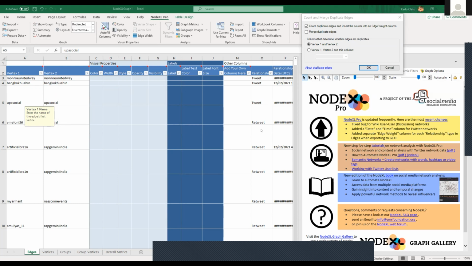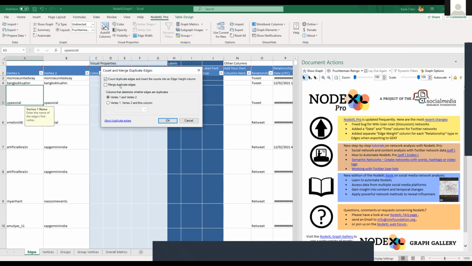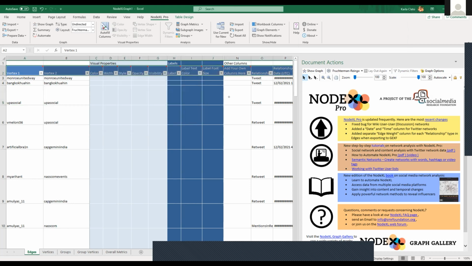And it's a measure of the strength of that relationship. So this process here is, it will merge the duplicate edges and then create an edge weight column. Kasi when we create the graph, we want to be able to see kung ano yung relationships na malakas. So that's why you have to do that. Merge duplicate edges and click OK. Then mabilis lang naman yan.